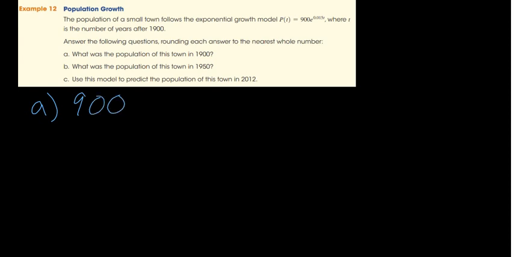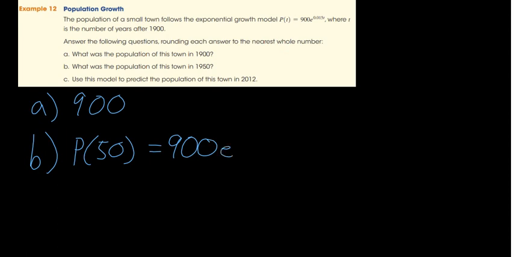Okay. And then B reads, what was the population of this town in 1950? Well, we're going to have to plug in 50 for t. So we're going to have P of 50, because t is our variable there. Normally we are using x's, right? X's if we're in the more abstract mathematical world. But now that we're venturing into the real world, our variables actually mean something. In this particular case, t is time. So P of 50 is equal to 900 e raised to 0.015 times 50,